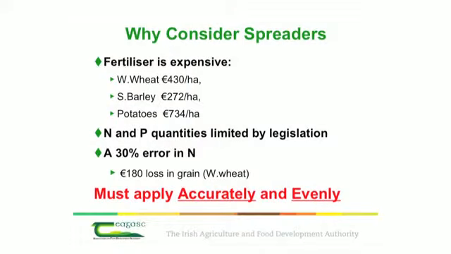Again, if we have an error in application and we say put on 30% less fertiliser on winter wheat, we're going to lose somewhere in the region of €180 in grain output. So it's hugely important that we apply fertiliser properly to make sure that we can use that fertiliser efficiently and effectively. The role of a fertiliser spreader is quite simply to put the right amount of fertiliser in